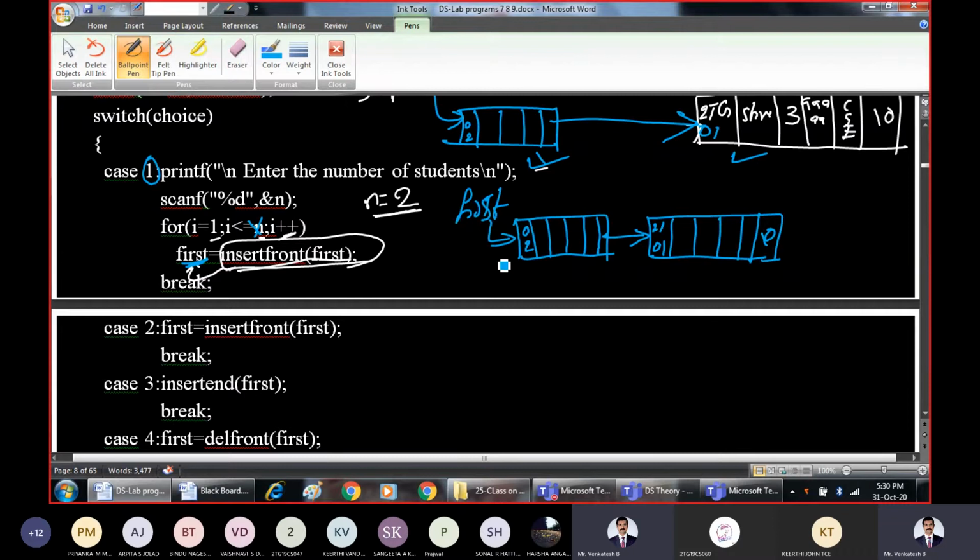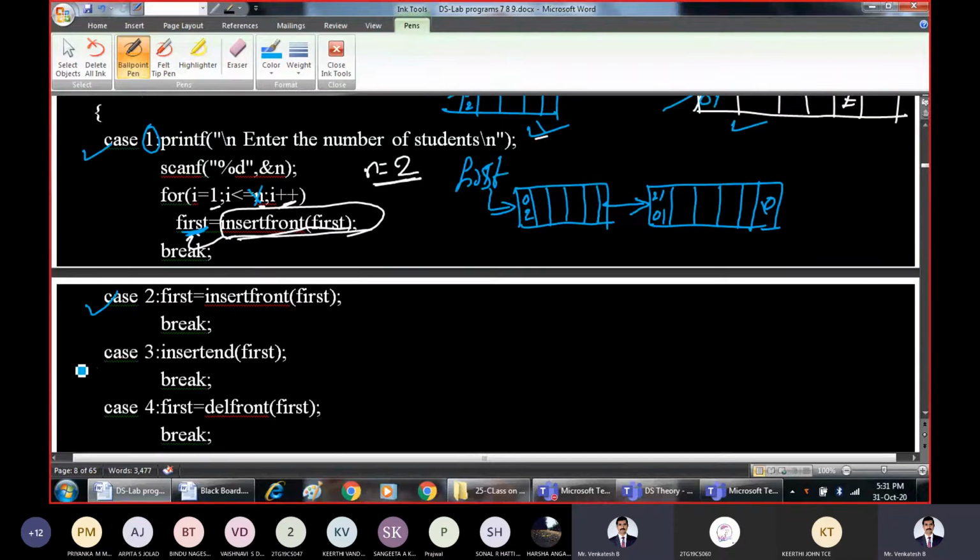Insert front is the same, which is already discussed. So here this is insert front, this is insert front. I need not go through it once again. The same choice has been repeated. Even if I call the insert front function once again, see the problem definition: we have to create the linked list using insert front, then add the nodes using insert front. Both we have done now. So together it has already been performed. Let us go for choice 3 now, case 3.